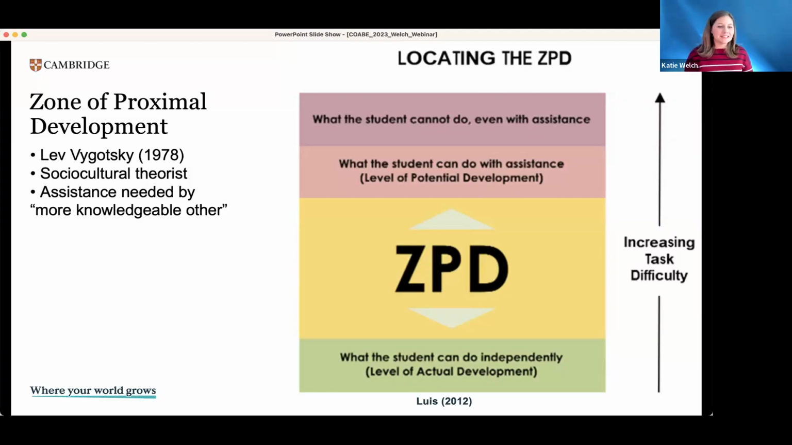And there is this idea that there are some things that students can do on their own already without help. And there are some things that even with the best teaching in the world, a student just isn't ready for. They're just not there yet. And that's not really where a teacher can help. But there is a zone of proximal development where when a teacher comes alongside a student,